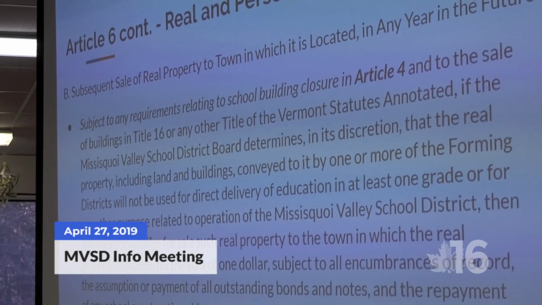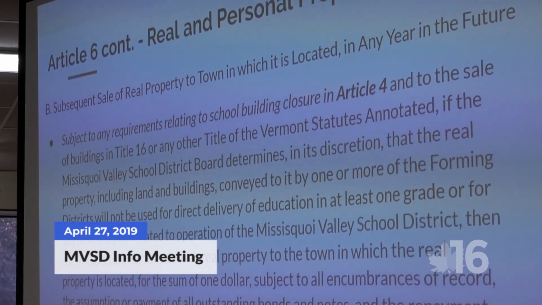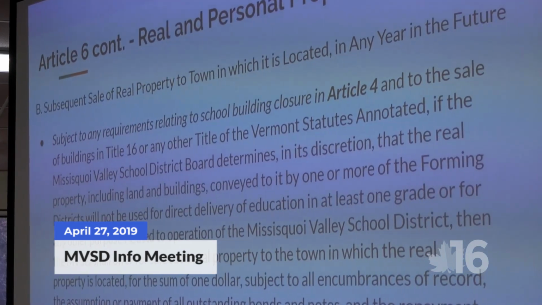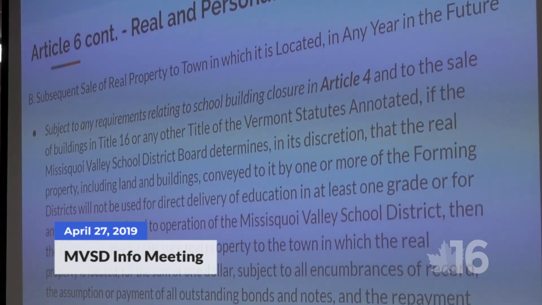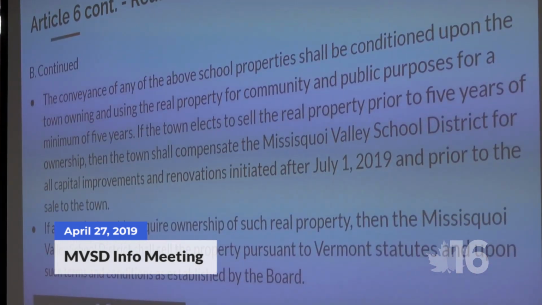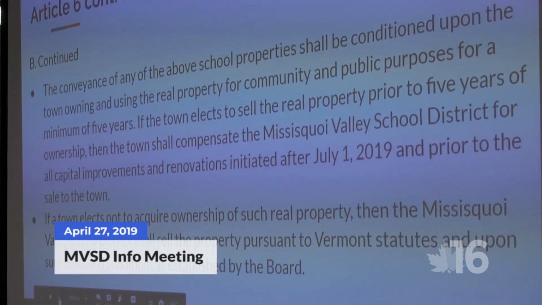Article B states that if the school and its land are no longer used as a school, as defined in the previous articles, it has to be offered back to the town for $1. B continued: the town cannot sell the property for a minimum of 5 years